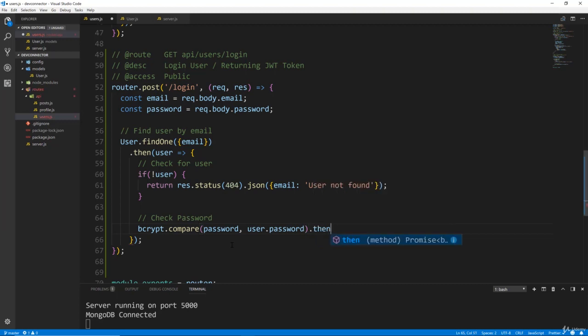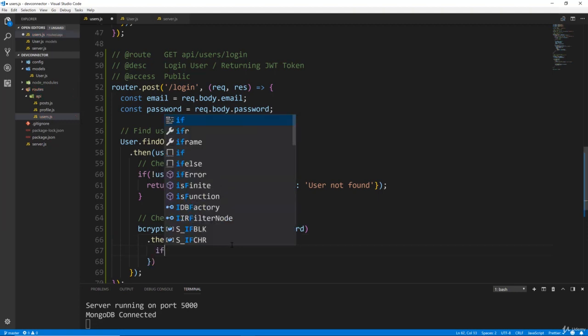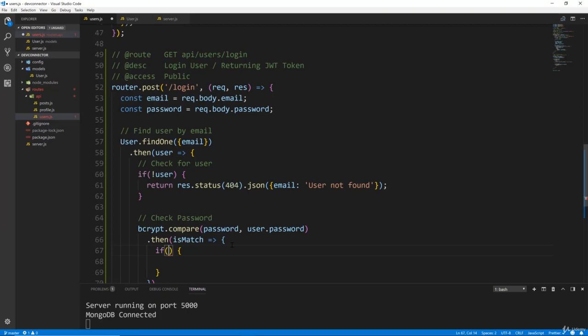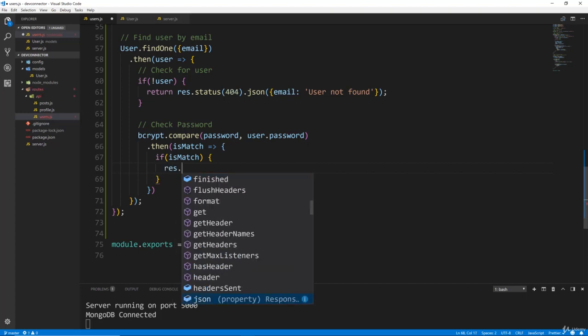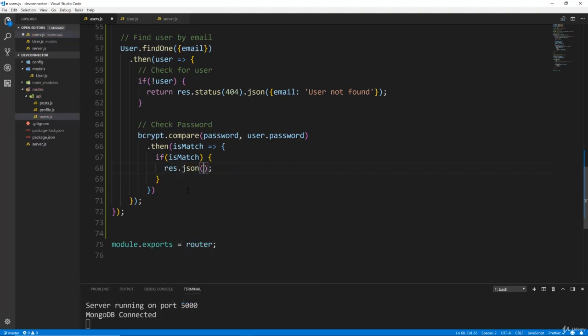Okay, then we're going to do a .then. We'll put this on a new line. So .then, and then what this will give us is a true or false value, which I'll call isMatch. And then what we want to do is check to see if that's true. So we'll just say if isMatch, then that means the user passed. So if the user passed, this is where we want to generate the token. But I'm not going to do that just yet. So I'm just going to temporarily res.json and just say message